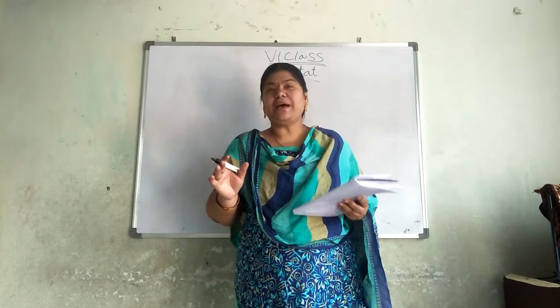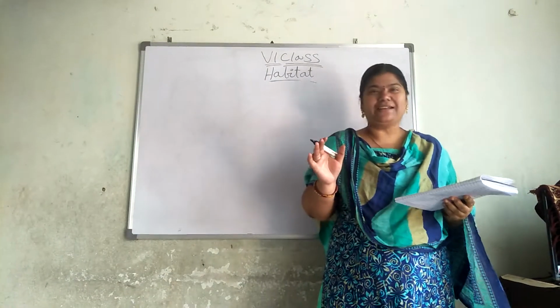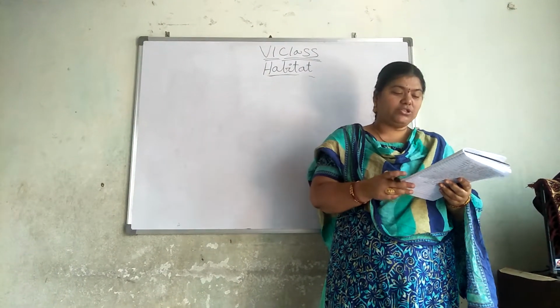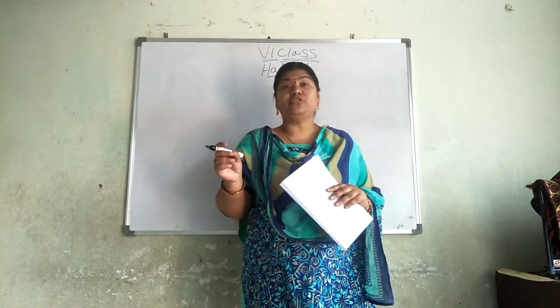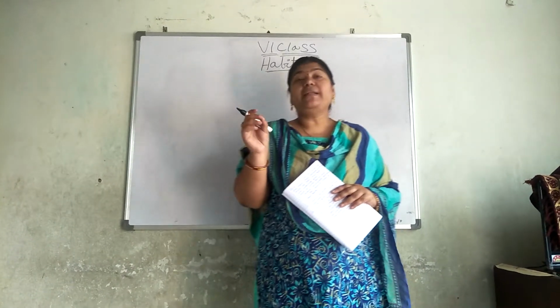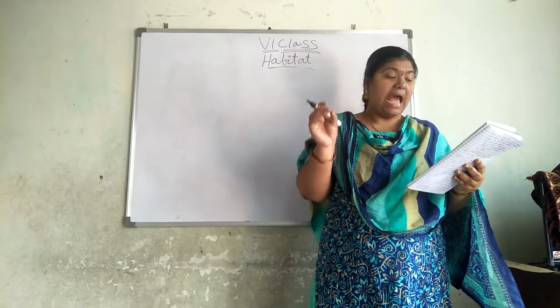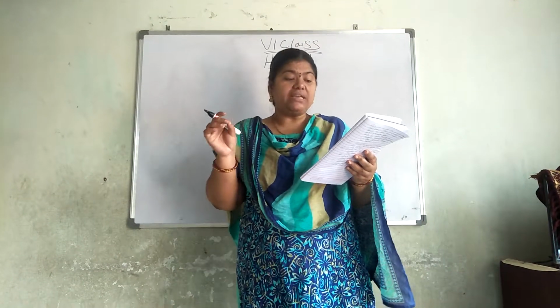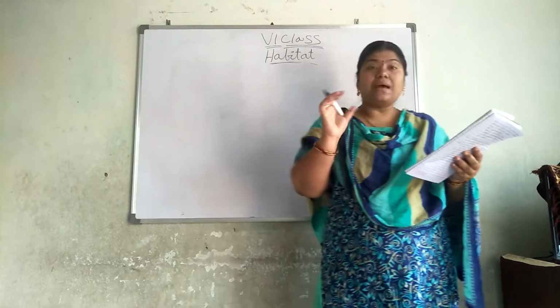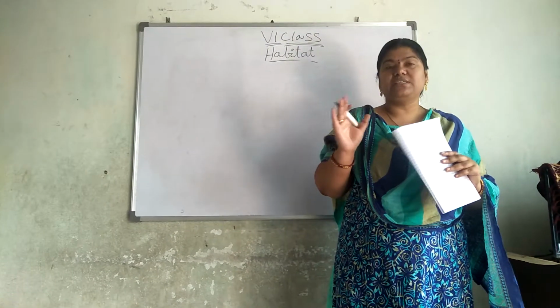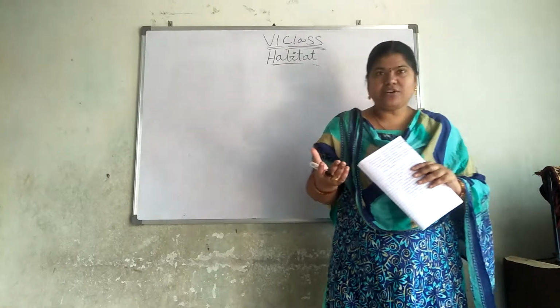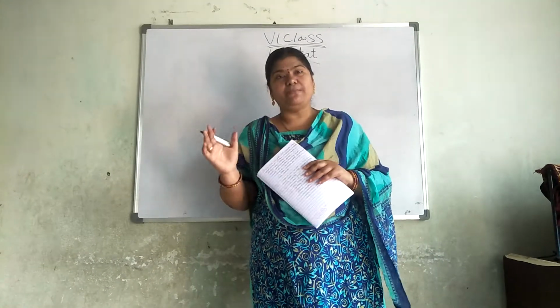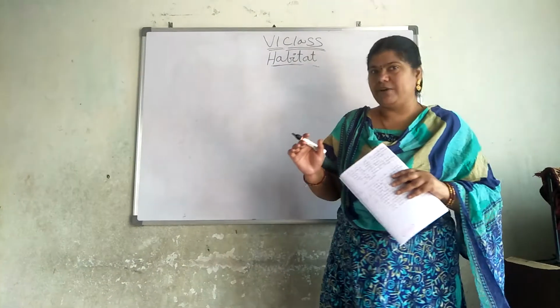So now we discussed the differences between terrestrial plant and aquatic plant. Now we are going to talk about the Pulasa fish. I told you we discussed that one. What is the importance of that one? See, have you heard about the Pulasa fish? How and why do they change their habitat in some seasons? What is the importance of this fish, and why do they migrate from one place to another place? We are going to talk about that one.